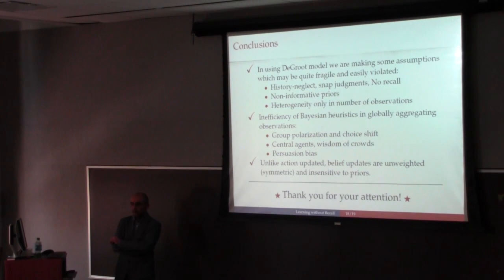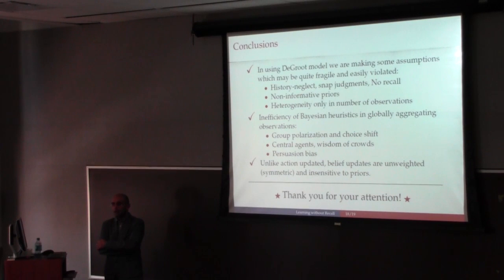Assumptions such as non-informative priors, so agents should base their reports on their purely signals, not their biases. And to get exactly the DeGroot models, to get a row stochastic matrix of coefficients, we need the agents to have very similar observational structures. So the signals that they observe should have identical distributions, and the only difference could be in the number of samples that they observe from that distribution. Otherwise, we cannot satisfy the requirement of row stochasticity for the matrix of coefficients.